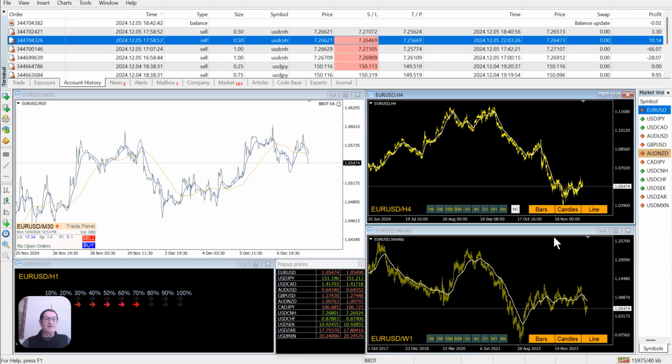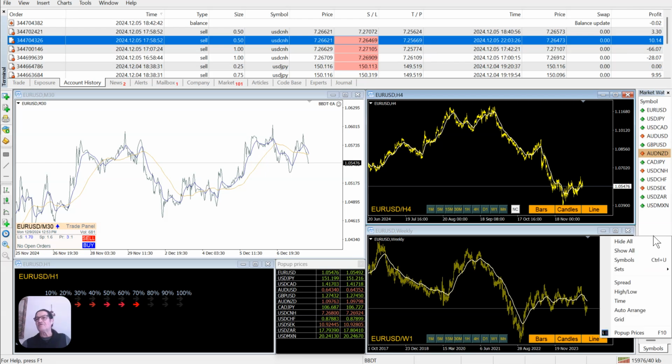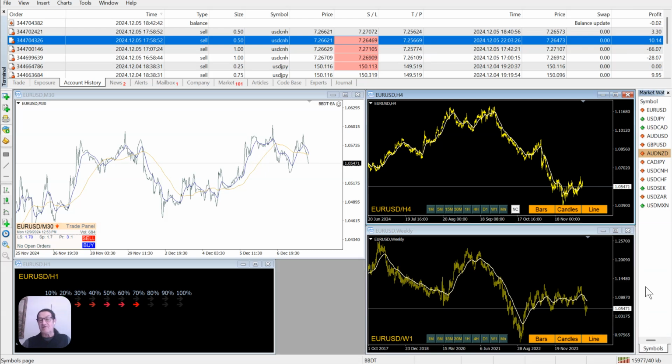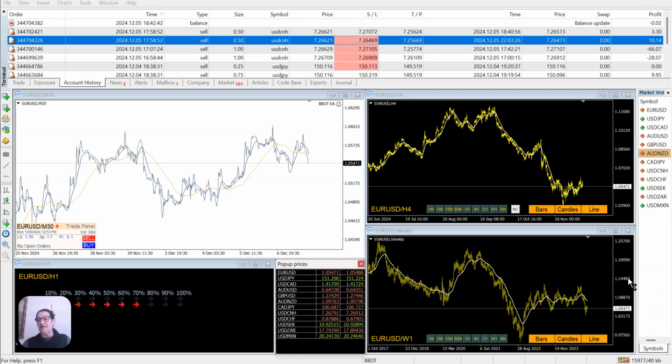The other thing that I added to facilitate my trading is the volume indicator right here, which I showed you in a previous video how to set up. But in case you haven't looked at it yet, here's a quick refresh. Just right click inside of the Market Watch window and click on pop-up prices right here. Since I already have it, it will disable it, but when I click on it, it'll pop up that little